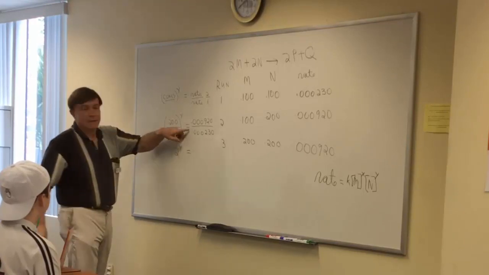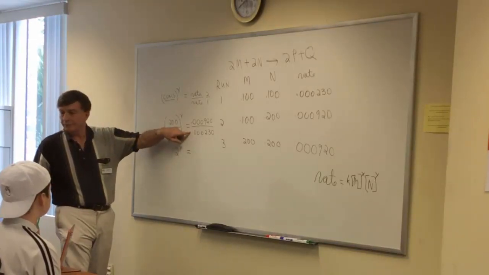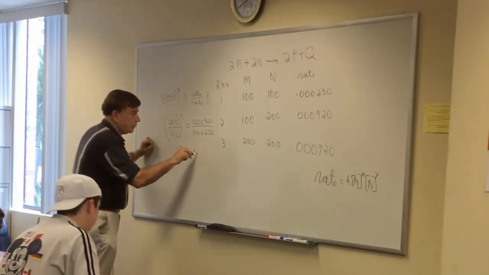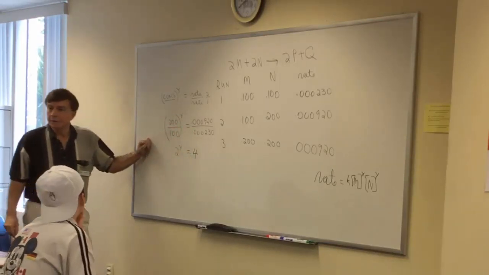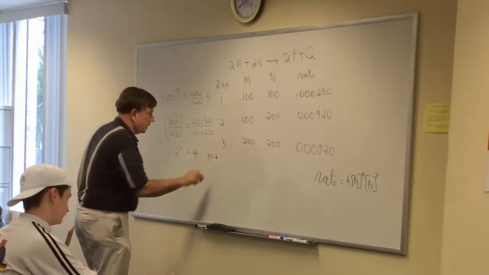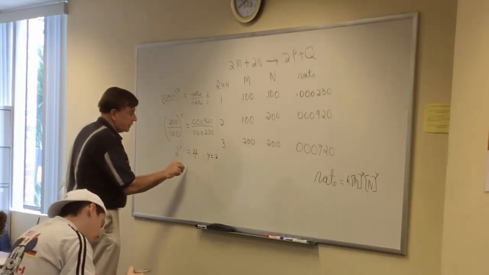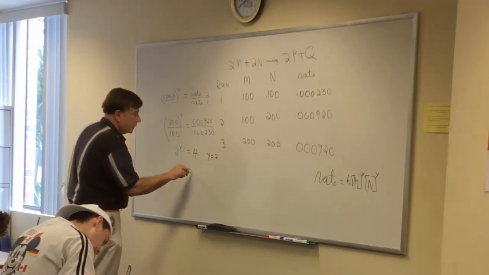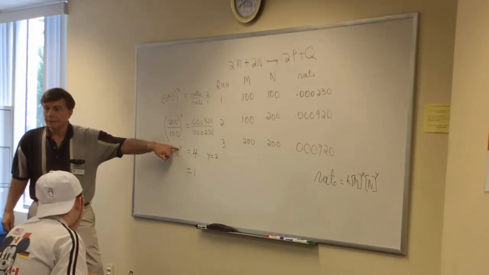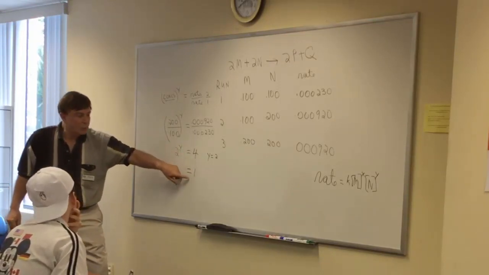And we can all look at this, and that looks like 4, doesn't it? So what's y going to be? 2. Okay? So let me ask you this question. If this were 1, what would y be? 4. This were 1. Oh,